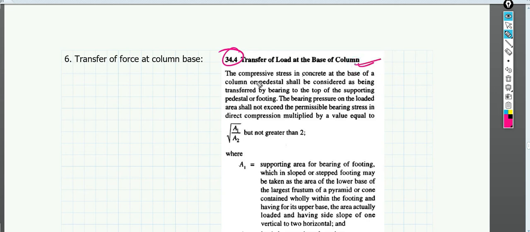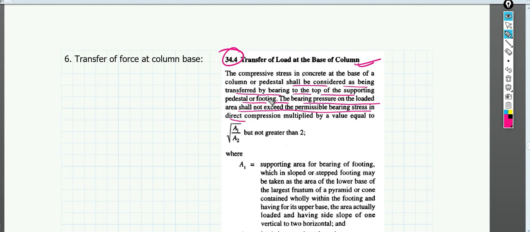Here it is mentioned, the compressive stress in concrete at the base of a column or pedestal should be considered as being transferred by bearing at the top of the supporting pedestal of the footing. The bearing pressure on the loaded area shall not exceed the permissible bearing stress in direct compression multiplied by a value equal to